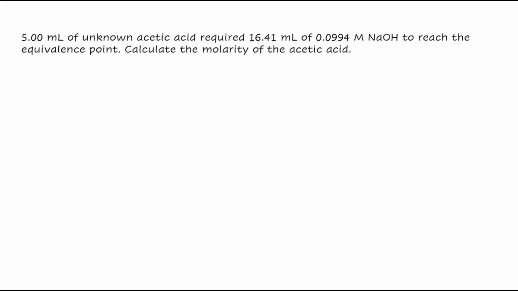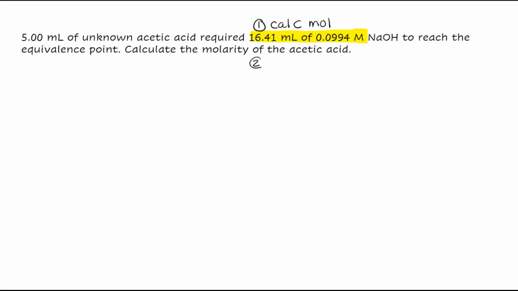In our second example, we're setting out to calculate the molarity of an unknown acetic acid solution, and in this case, the titrant is known. So we identify that information. So we have our known NaOH. So notice the similarity with how we identified the information here as compared to the previous example. It's the same idea. So this is where we'll calculate moles of the reactant that we know.